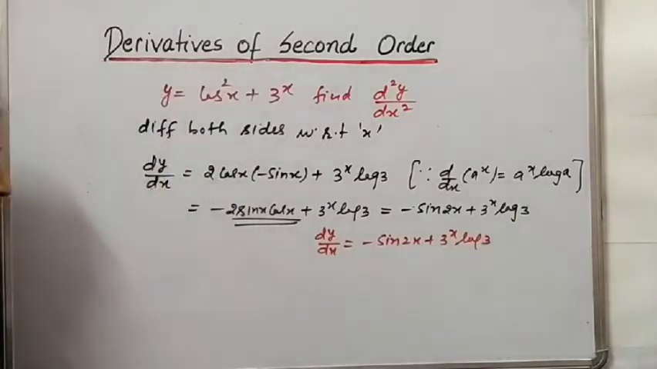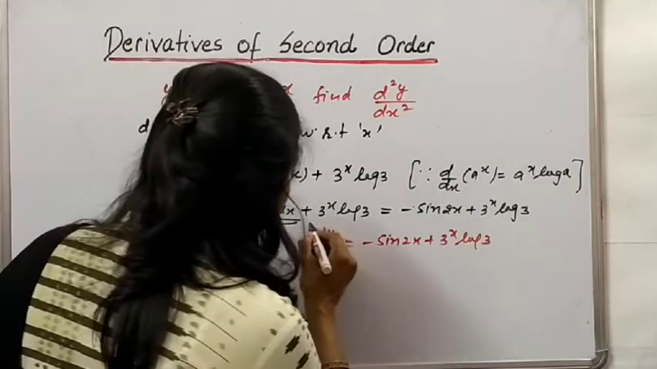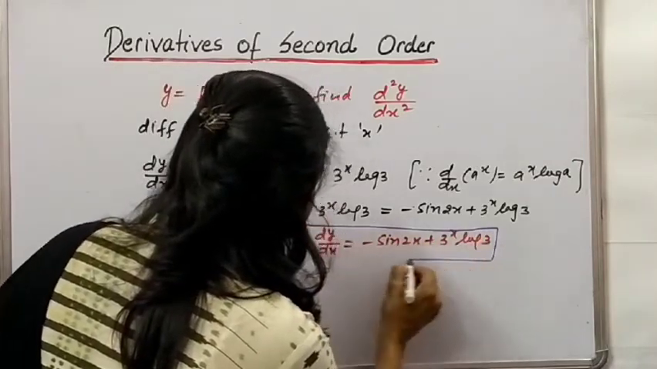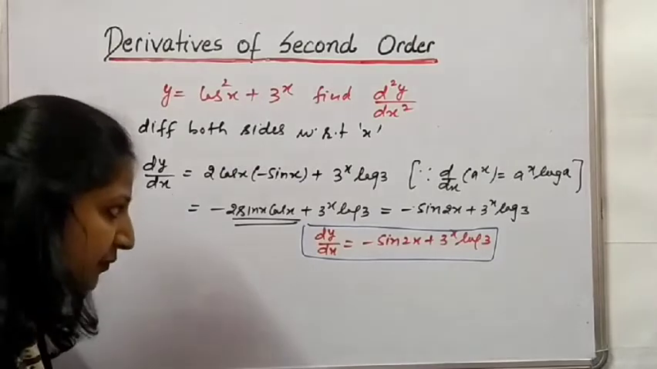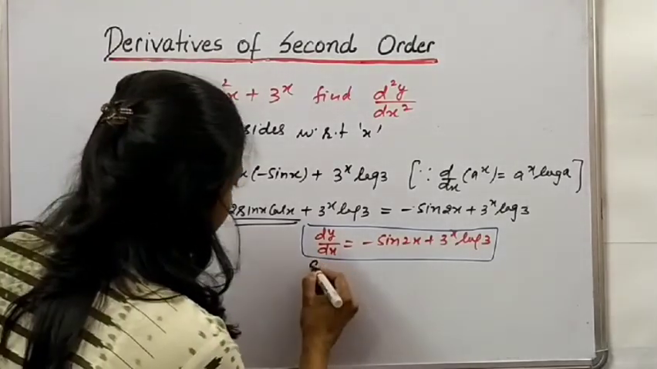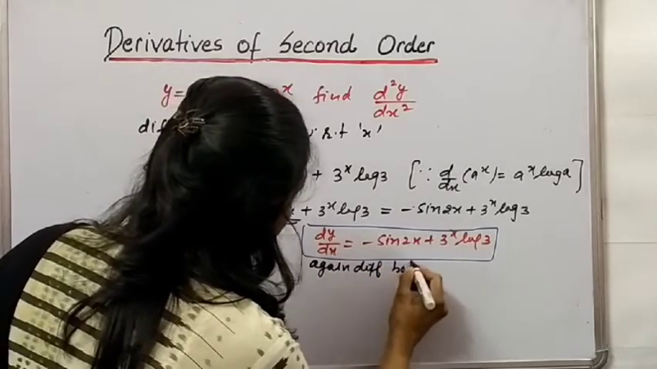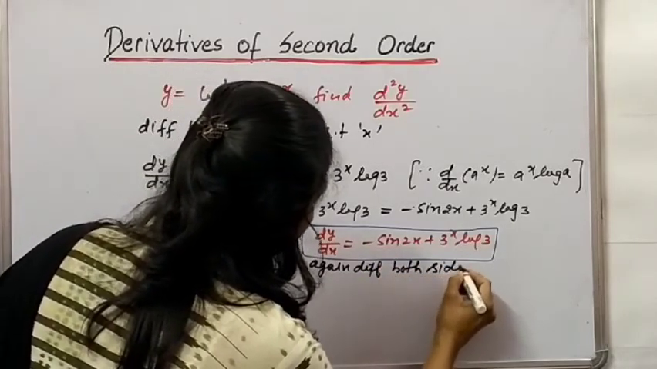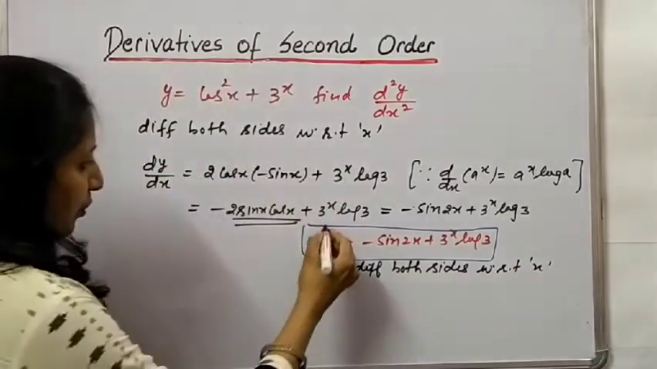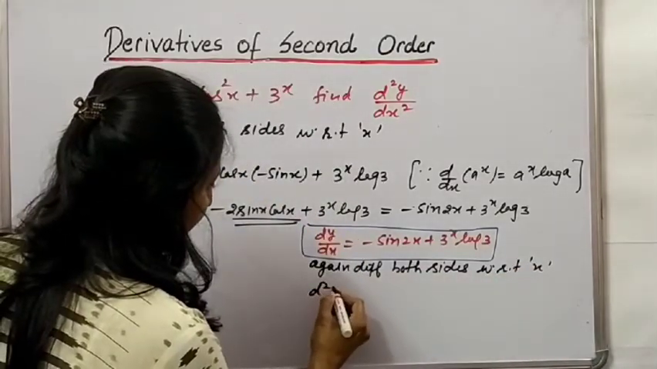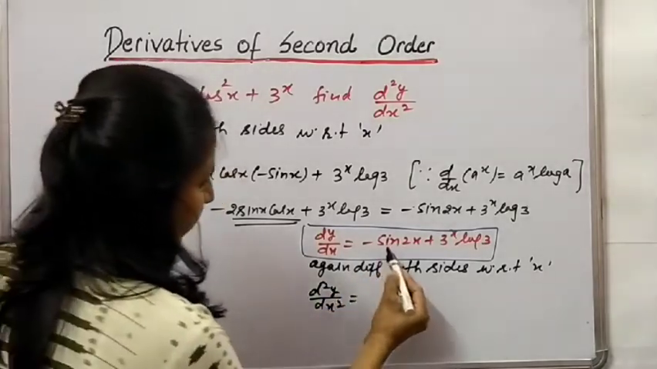So we have determined the first order derivative of our function y, but we have to find the derivative of second order, right? So again differentiate both sides with respect to x. Okay, so it will be d2y upon dx square, and after differentiating we will get,